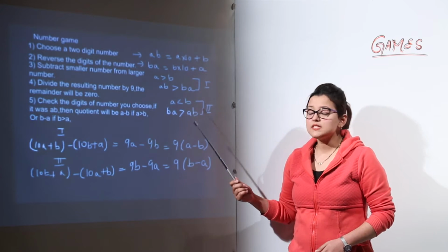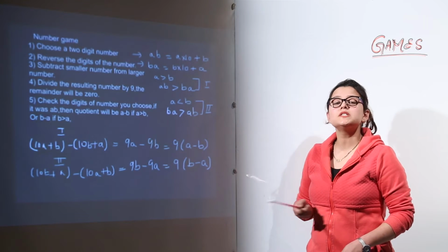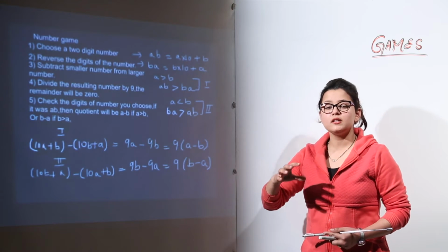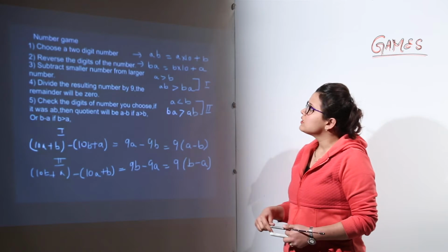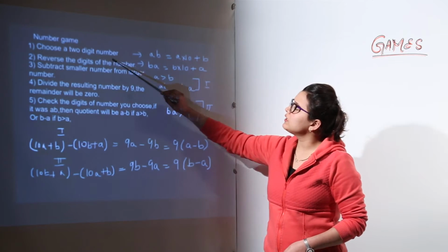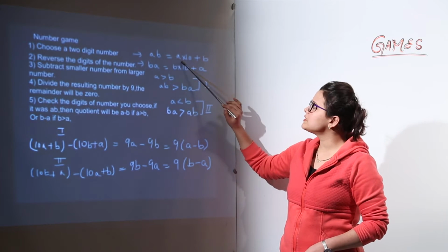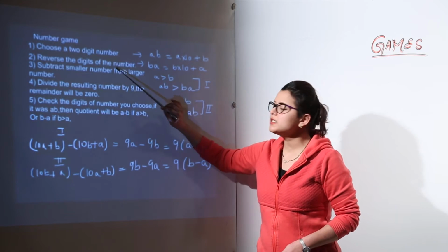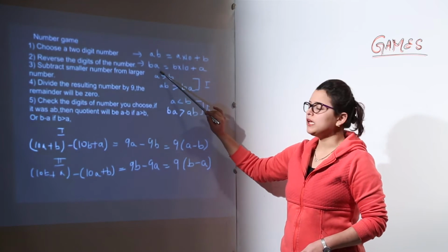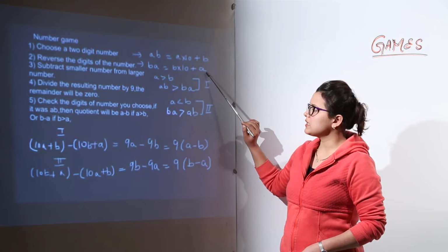Now for the same case, I have taken up the general form, because general form is the one that you must understand to apply it with any number of 2-digit numbers that you can take. So over here we have taken a 2-digit number, that is AB. Now AB can be represented as A into 10 plus B. Reversing the digits, you would get BA. BA can be represented as B into 10 plus A.